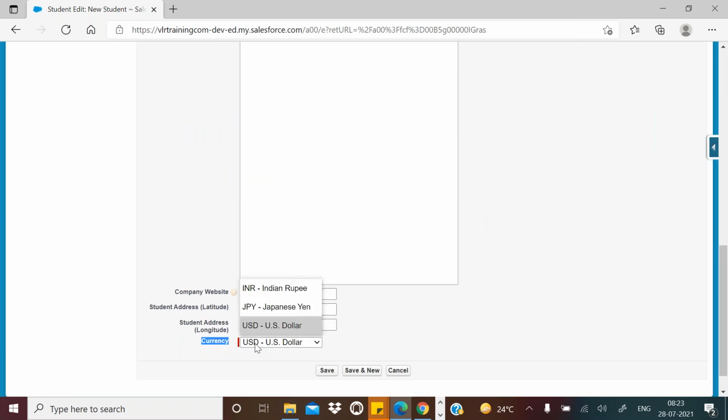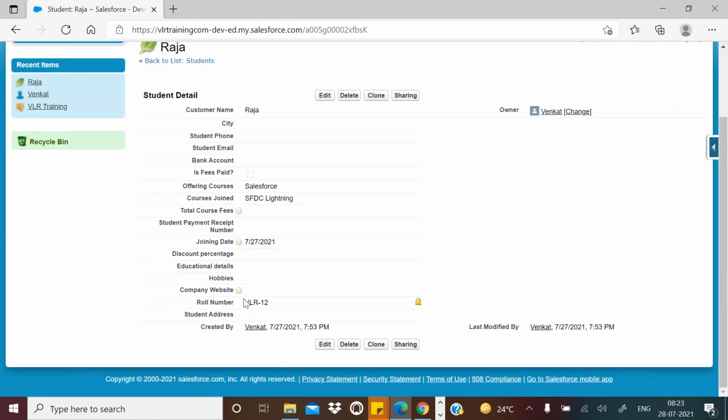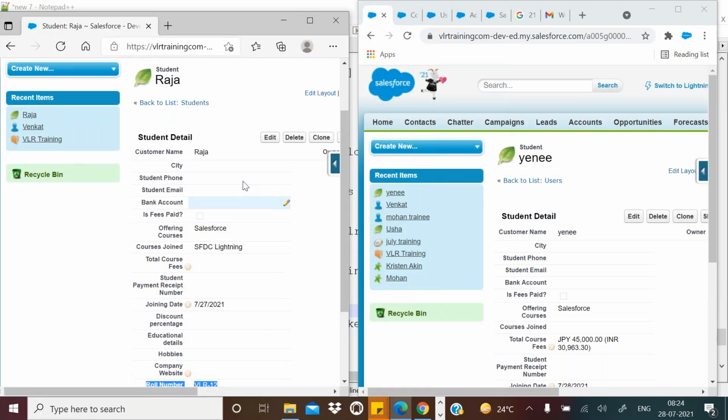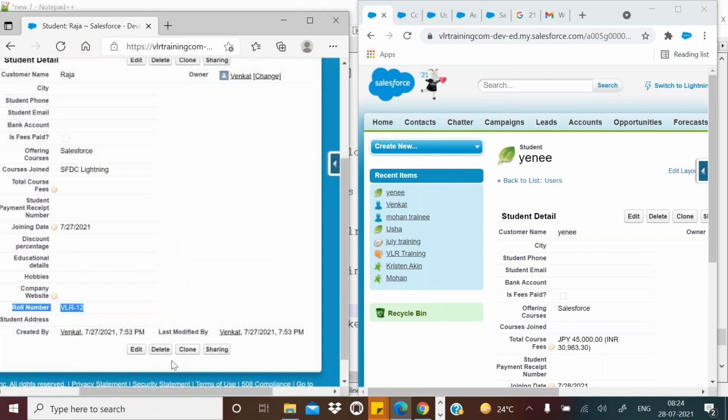Currency by default is US dollars for this user, and for me Indian rupees is the default one. Okay, VLR 12. You can see even the roll number is updated; for Venkat, VLR 12 is the number. So now you can see Venkat 7:53 p.m., the time zone is the PST time zone.